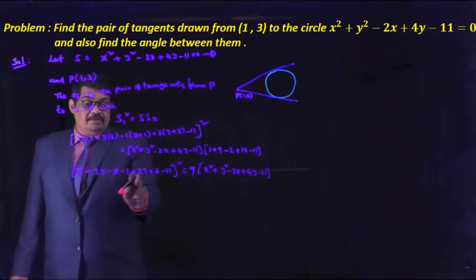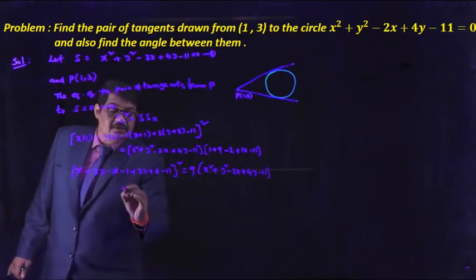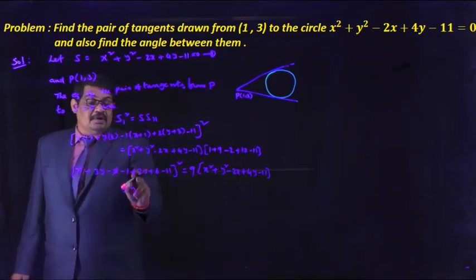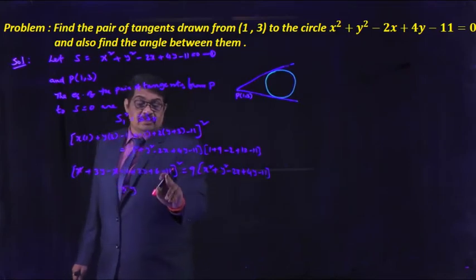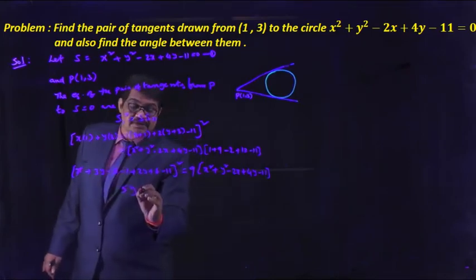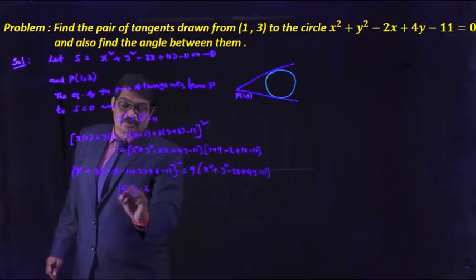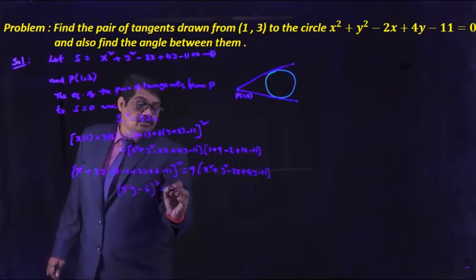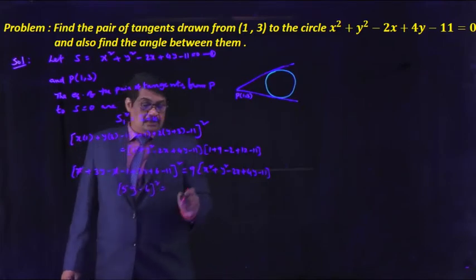Here 3y plus 2y, that is 5y. And what is the constant here? Minus 11 minus 1 is minus 12, plus 6, that is minus 6, whole square is equal to here the equation,